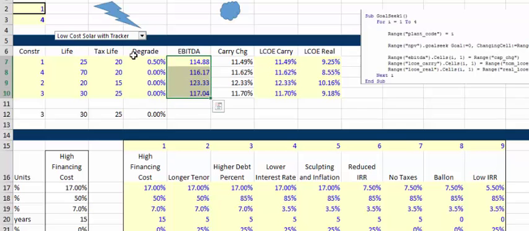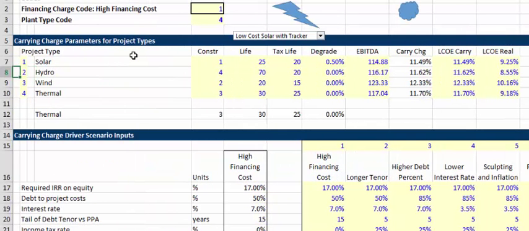This has got 3 rows, so the first cell in EBITDA is the capacity charge, then the nominal, and then the real. Okay, and then we do that across different types of projects, solar, hydro, wind, thermal, because we have